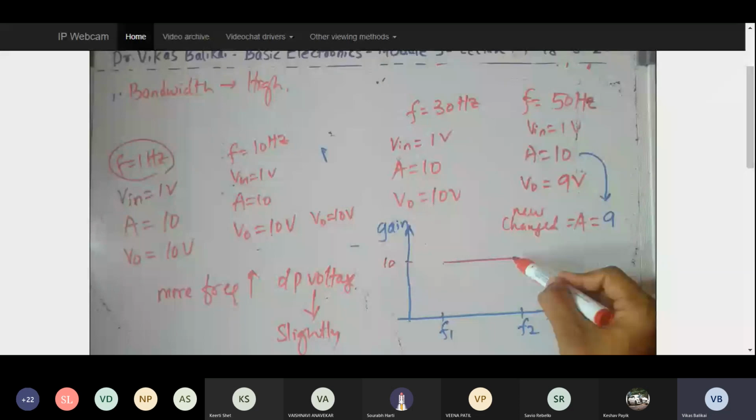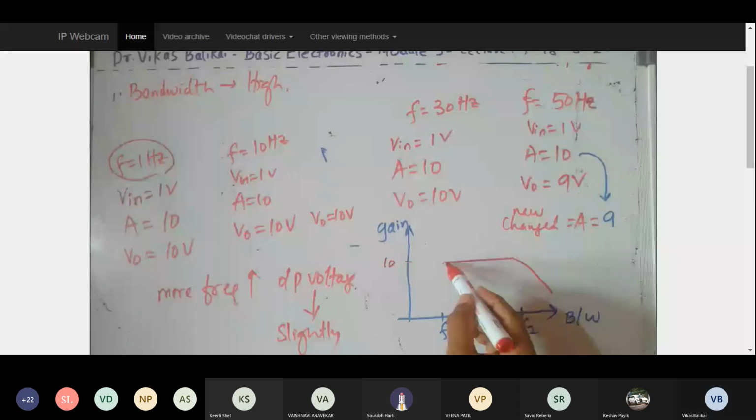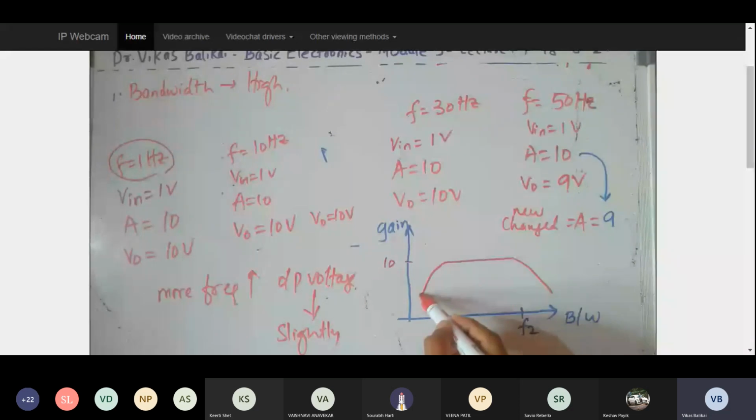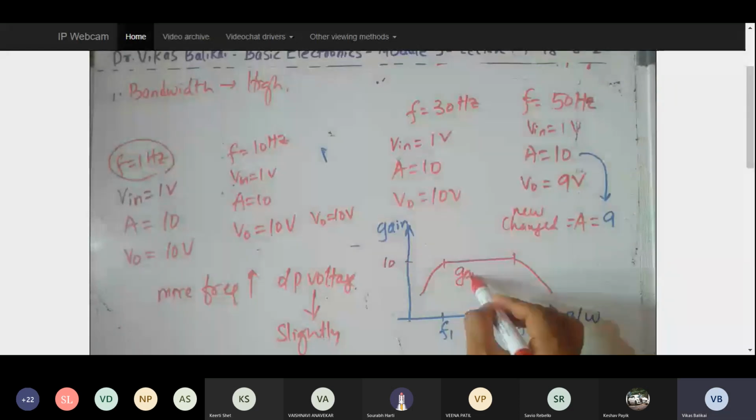The same case occurs if I try to use an input signal with lower frequency. Instead of 1 hertz, if I take a 0.5 hertz signal, I may be getting some sort of disturbances in the output voltage and my gain can reduce. So the band of frequency between which the gain is constant is known as bandwidth. Is that clear what I told now? Please respond to me.